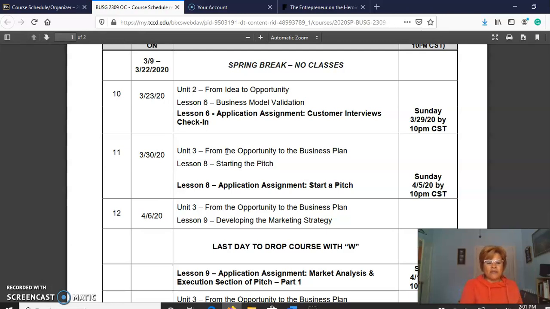So once I have gathered my data, how do I analyze it? What are the things that I'm looking for? And that's what this assignment is really all about. It's putting in a summary all the information that I've gathered, and now it's a learning process rather than a factual or data-filled assignment. It's really just going to be an exercise on how I make sure that, once I have gone through this process with my real opportunity, I continue to analyze the data I've gathered at this point. And then we move right into the pitch.